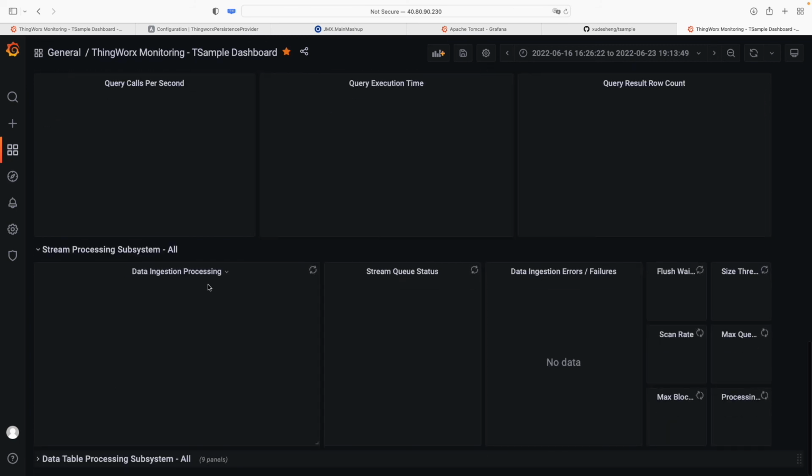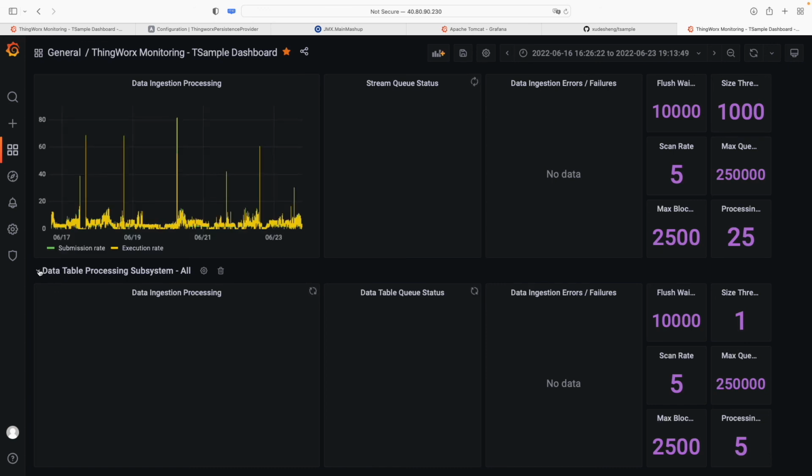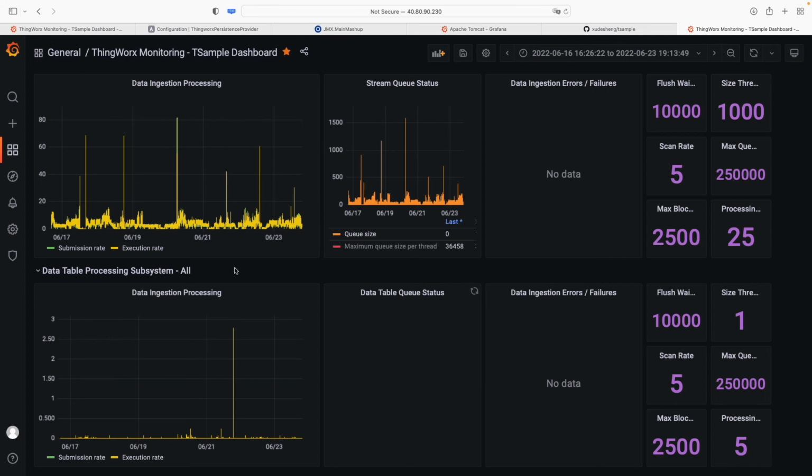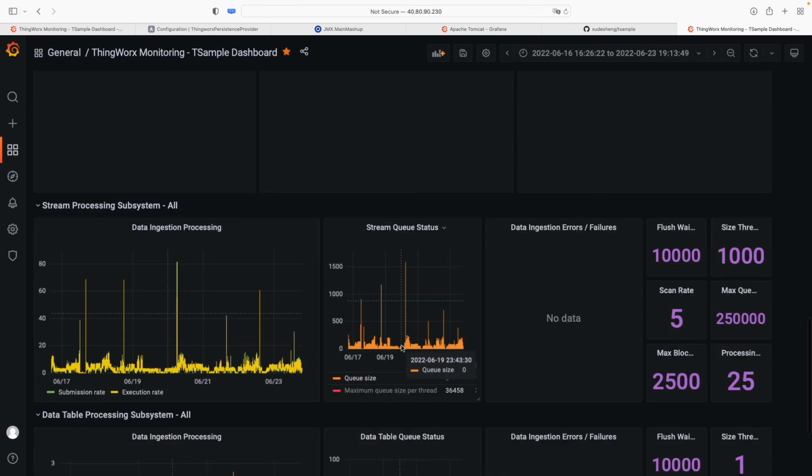And so, stream processing. I should have zoomed in a little bit further to make this faster. With the panels collapsed, Grafana isn't going to load the data, so to keep this running smoothly as you're navigating around through time, it's best to collapse them. In any case, this gives us an idea specifically of how the queue is behaving, and you can see here that the queue is never getting over 1500 for all of the combined persistence providers,